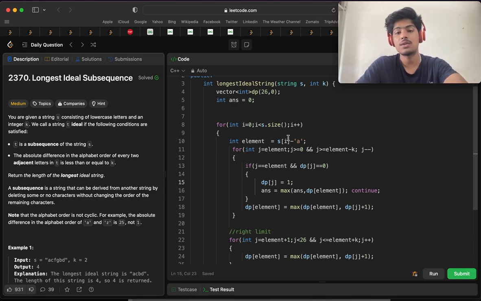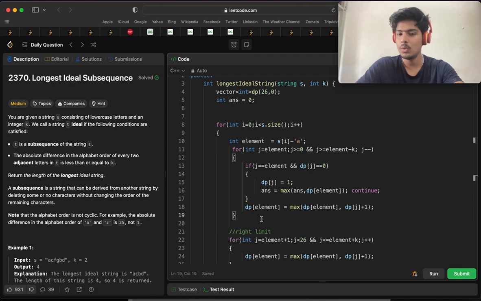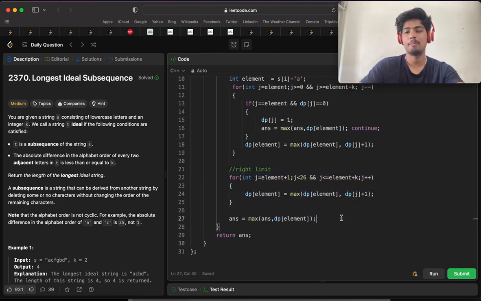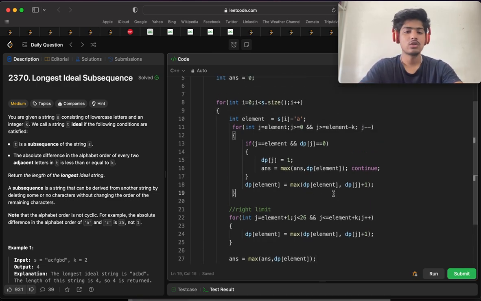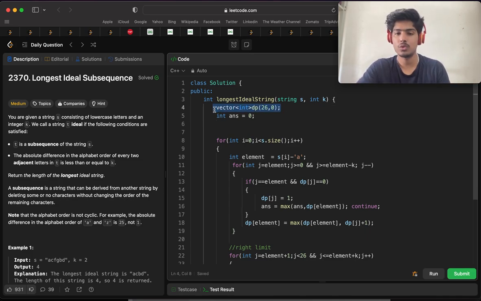And the time complexity for this solution will be big O of n, because this inner loop is for the limit. So we will not count this loop, because these limits are like 5, 4. So the time complexity will be big O of n and space complexity will also be big O of n, because it means big O of 26. So this was the code.